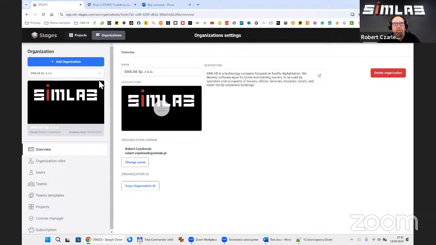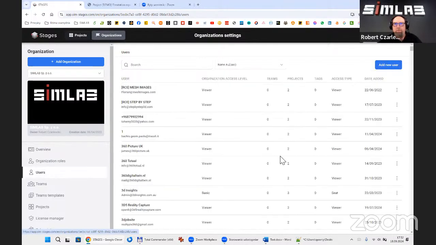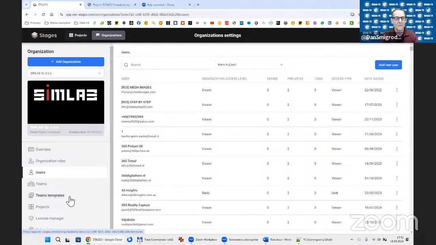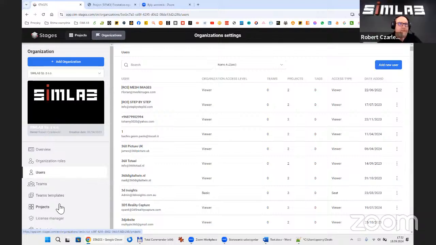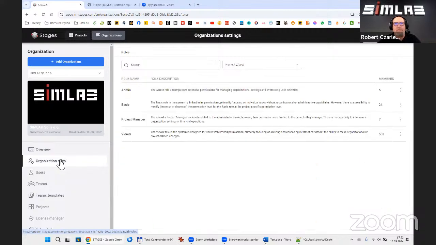In this particular case, the organization SimLab, I can take a look at the users which are involved in this organization. Also, I can create teams, I can create team templates, I can take a look at the description of the roles, I mean, the basic, admin, project and so on.